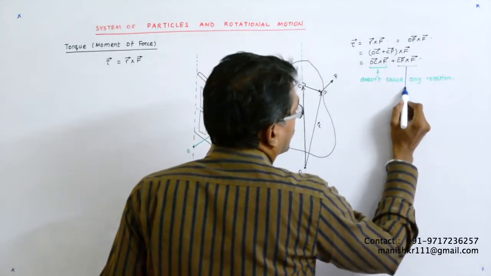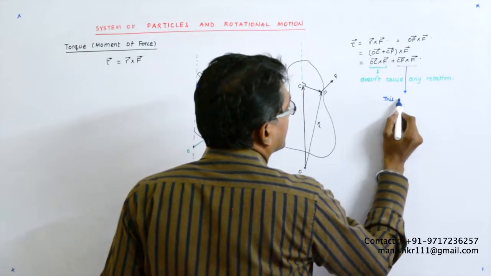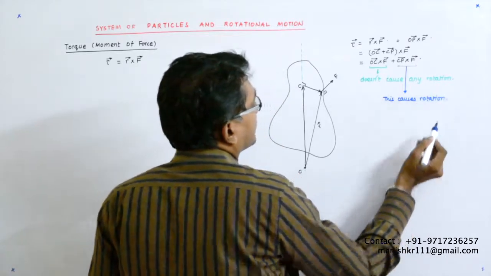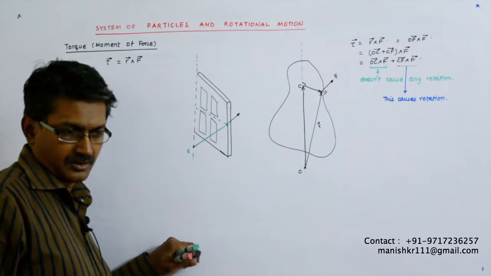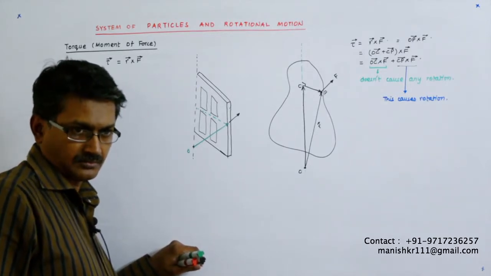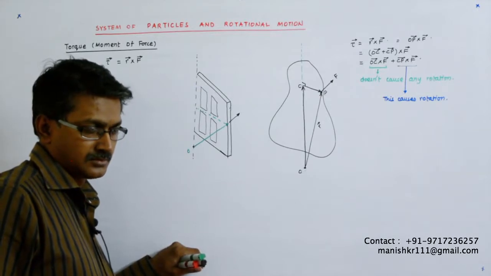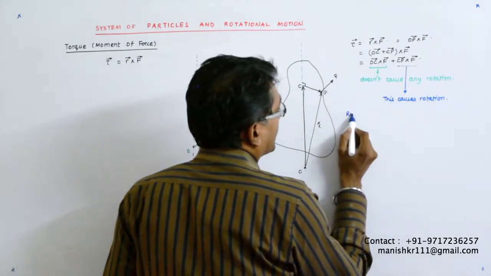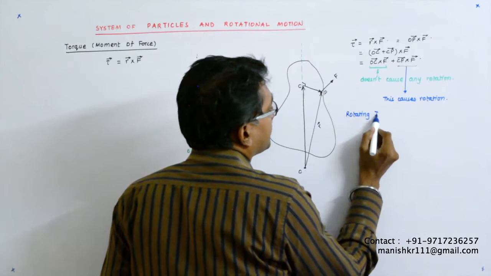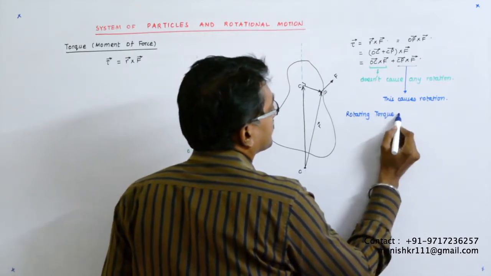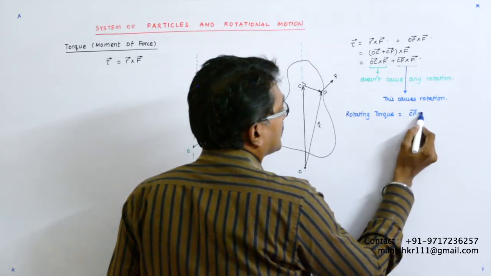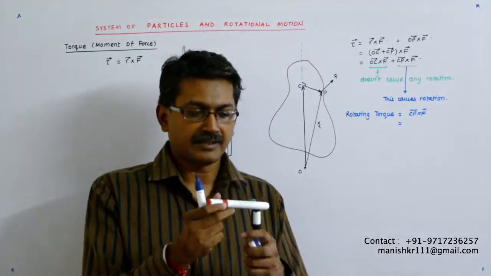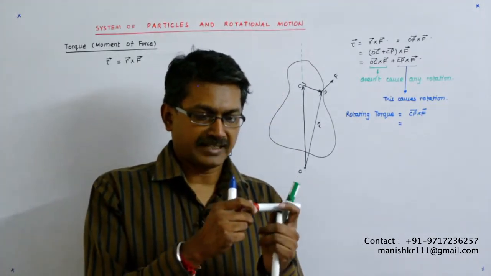So it is only this force that causes rotation. This torque causes rotation. So the rotating torque is equal to Cp cross F. Now this F, see again, this is Cp, and this force was acting here like that,